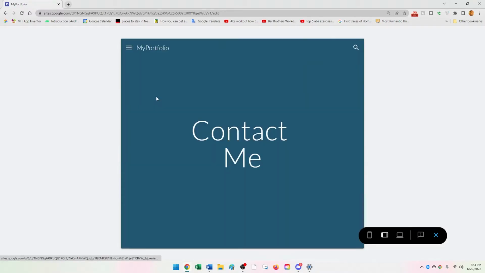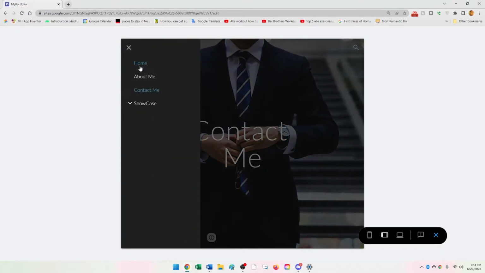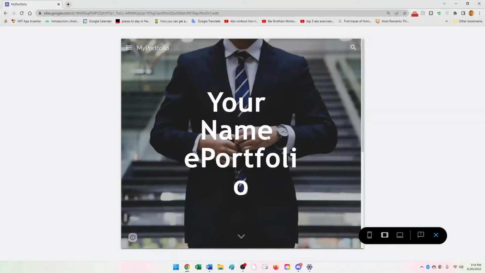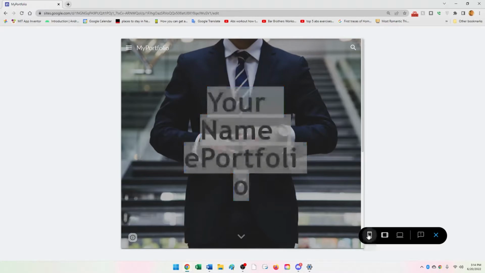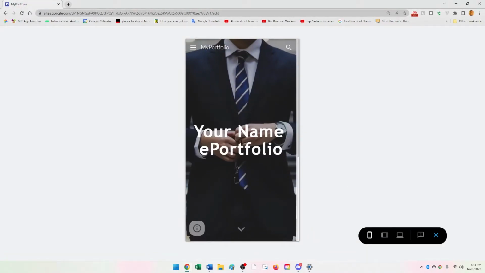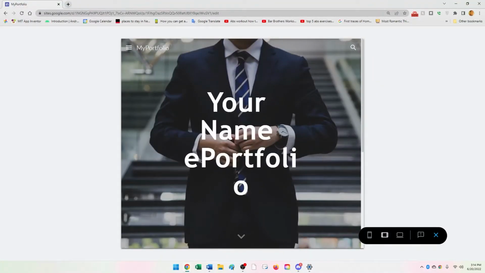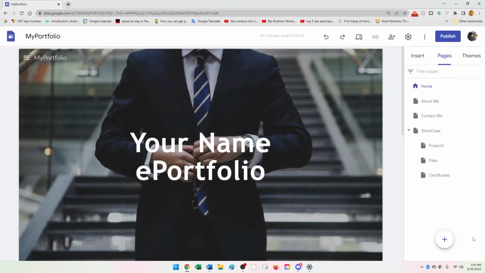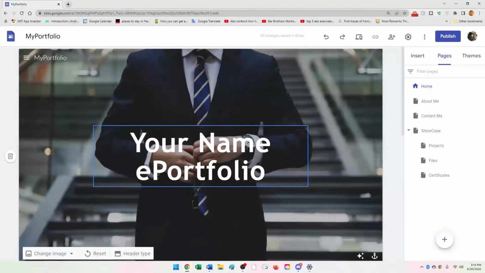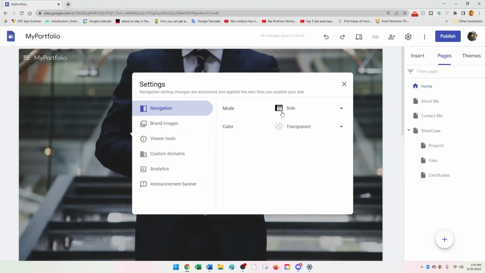It is advisable that you go about viewing each, so that you can make changes accordingly. So, for example, look at how your name ePortfolio looks on a tablet. I imagine on a phone it's not that bad, but on the tablet that's an issue, and so you might want to resize accordingly. I'm going to close that to jump back to editing mode,